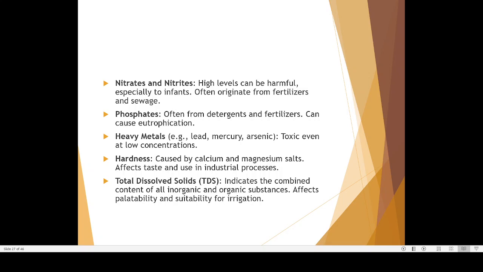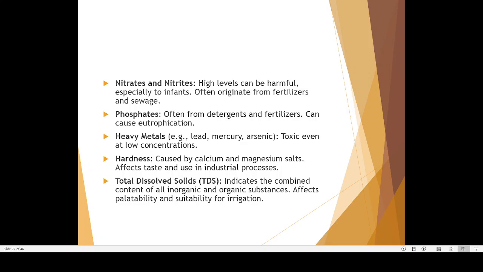Then phosphate, often from detergent. Soap water and the like contain a lot of phosphate, and if that is released into a pond, the pond will contain a lot of phosphate and can cause eutrophication. Sometimes you might have seen that some ponds have a lot of